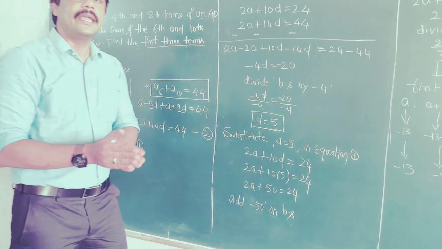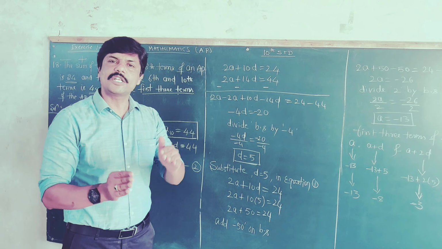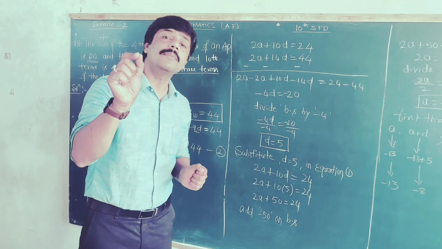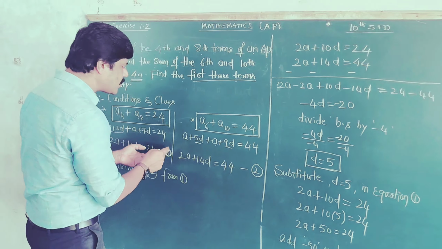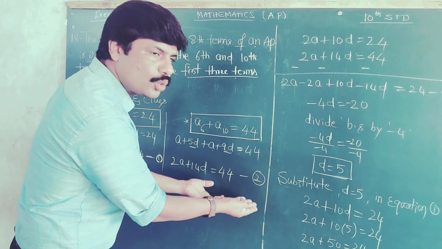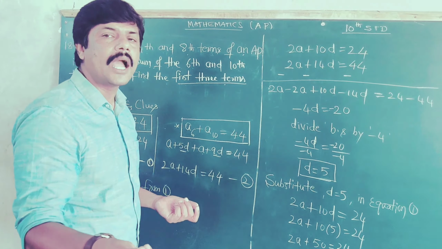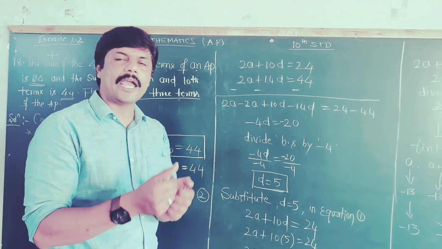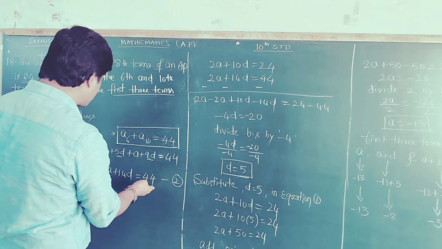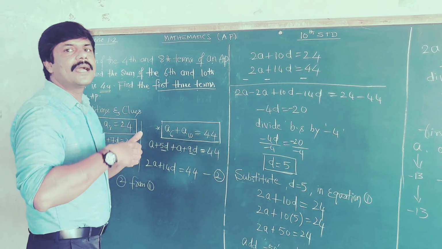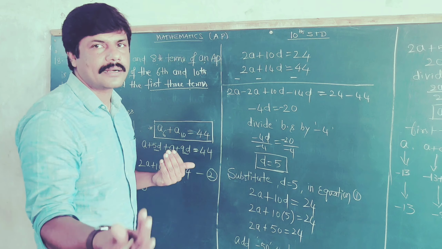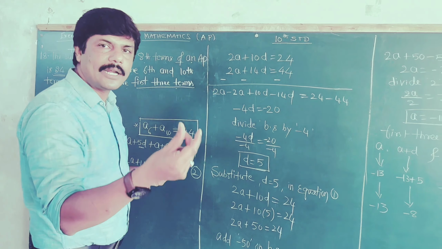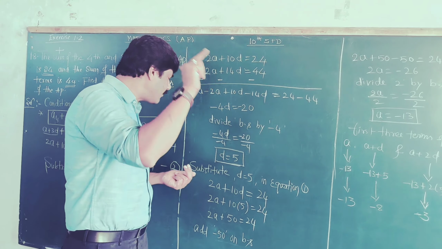Now how do you get the A and D values? It has been taught to you by the elimination method. Eliminating using equation 1 and 2, we will get the value of A or D. Once we get the value of A or D, then substituting it in equation 1 or 2, you will get the other value. If you have found A, then you get the value of D. If you have found D, then you will get the value of A.